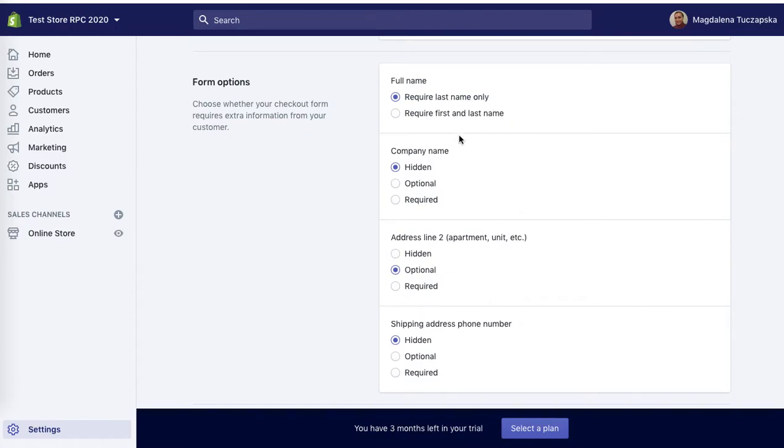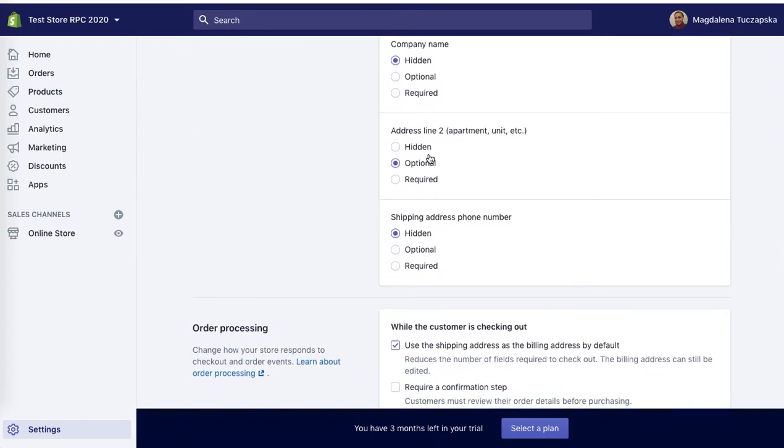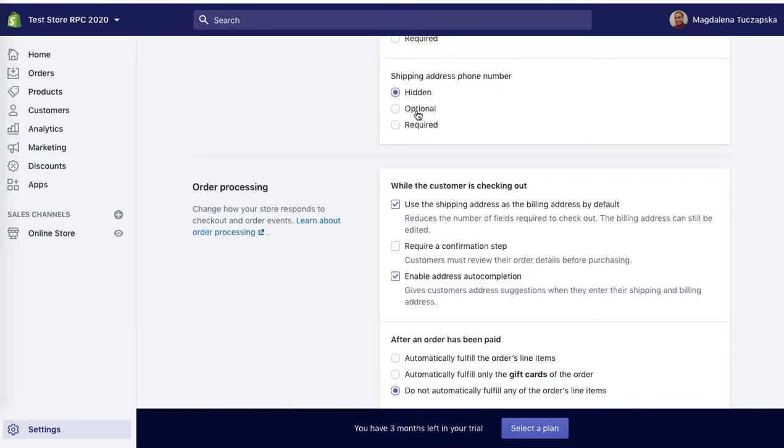or just last name only, whether the company name is hidden, optional, or required. Whether obviously the second line of address is optional, hidden, or required? Normally it's optional because people with a shorter address can just use the first line of address, and the second line can be optional just in case. Shipping address phone number, you can choose